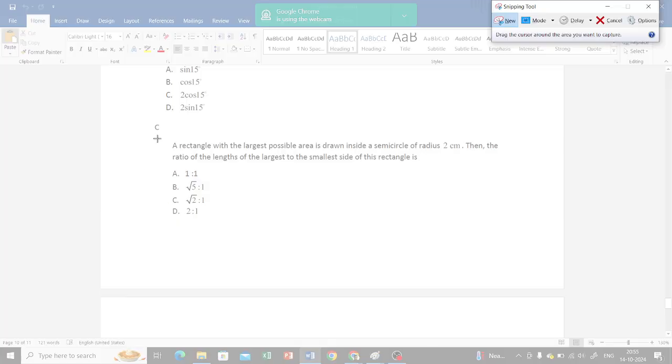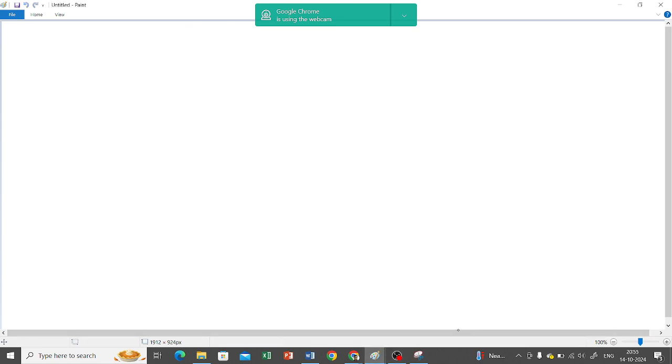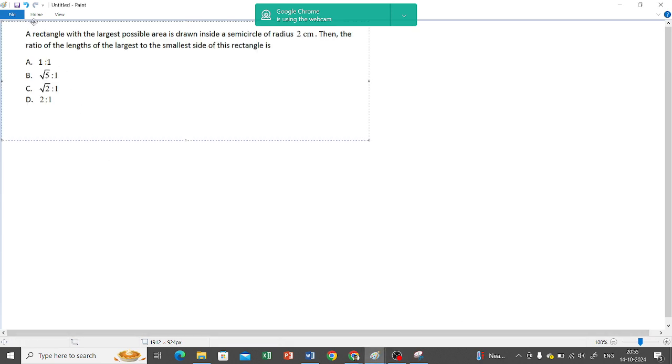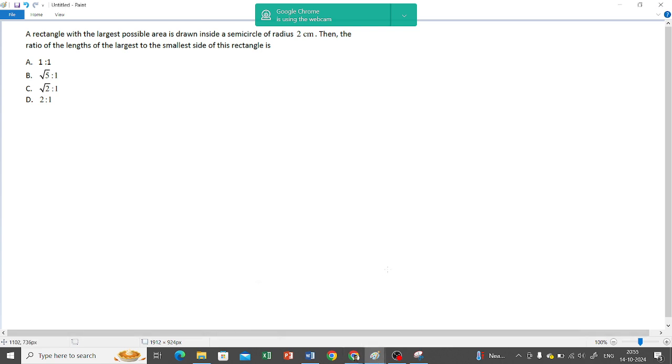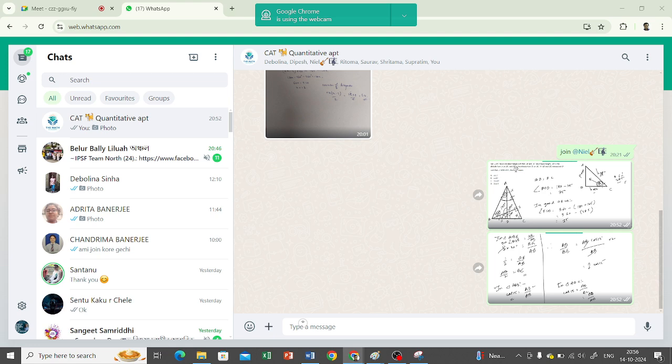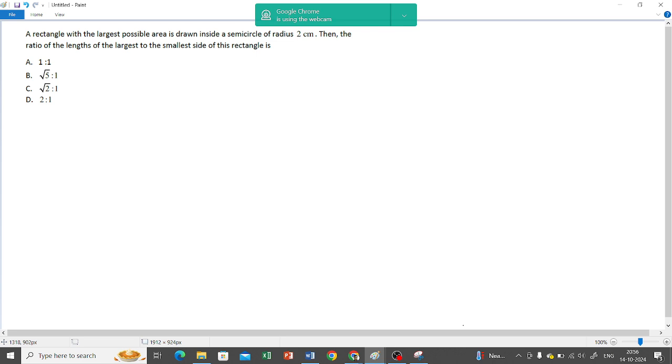Please try out this sum. Niladri, did you try this one? Because see, this is... Niladri, are you there? নীলাদ্রি রাগ করেছে নাকি গো? কথা বলছে না।